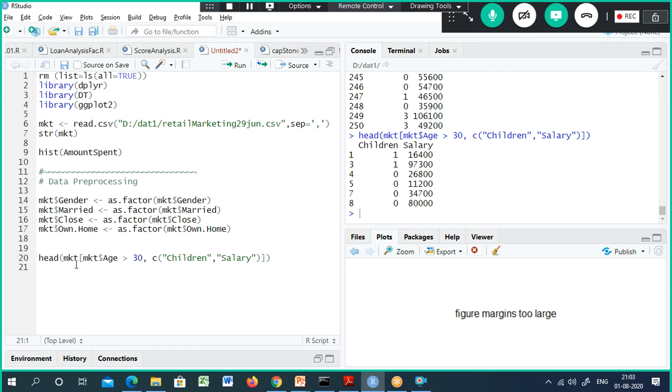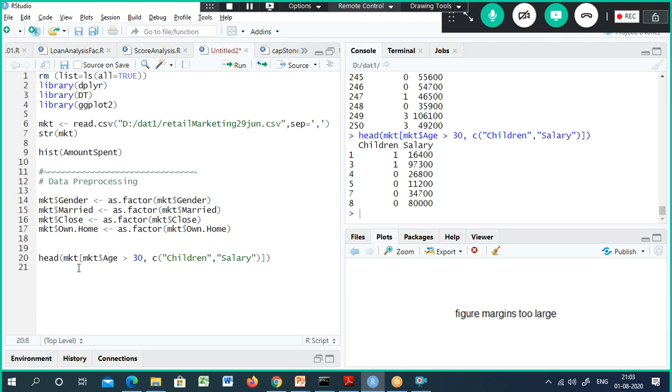This is called base R function, MKT square bracket. We use square bracket to take a subset of the data based on some condition. For this condition, select the data from these two columns only. Right? This is a Boolean expression. The first one is the Boolean expression, comma, the columns. And outside you need to specify MKT. This is the syntax we followed.